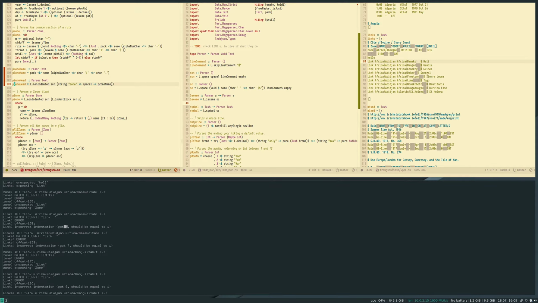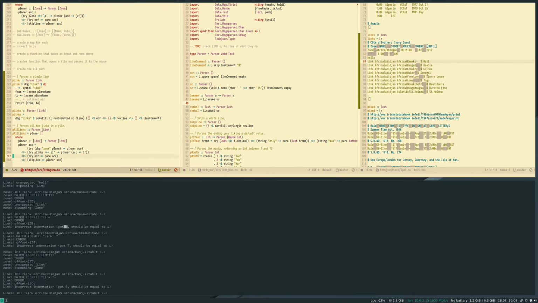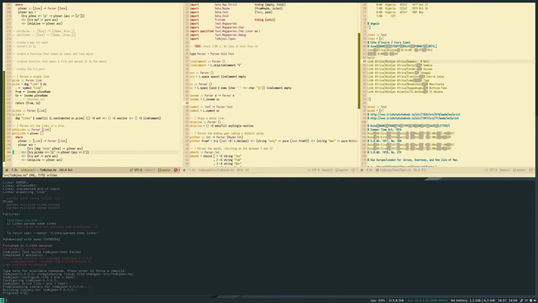We can do this much better. So this one is gonna be a symbol zone, which goes into zone name. So this one is gonna be zone head, and I can leave this like it is there now.